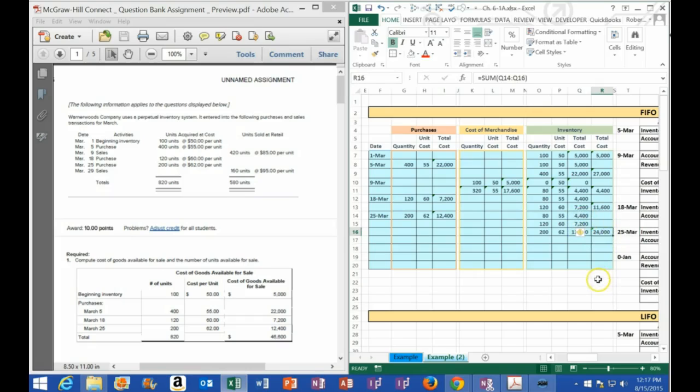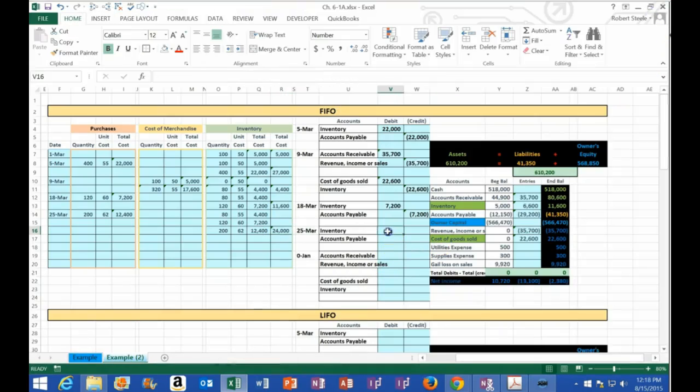We have ending inventory valued at 21,000. I'm going to make it large, take a look at the journal entry. We're going to increase inventory by that purchase amount, 12.4. Credit 12.4. I'm assuming we bought it on